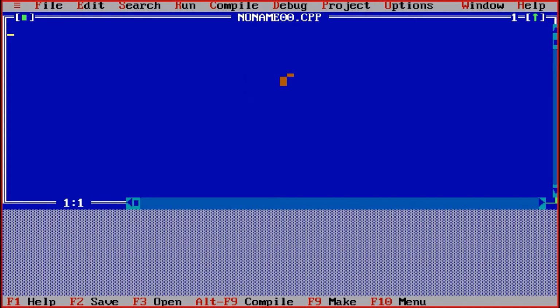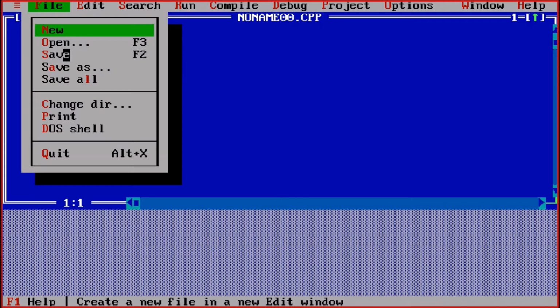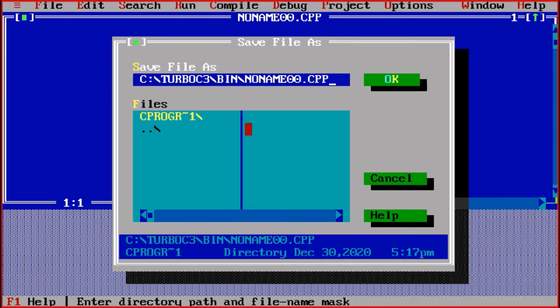There is a new window where we can write the new program, that is noname.cpp. CPP means C++. So by default your extension will be C++, but you will go to the file menu and you will save this program, or you can say save as, it's your choice, and you will simply write hello.c. So hello is the name of the program and .c is your extension. .c means this is a C programming file, and this is showing the path C drive, turbo C3, then bin, hello.c. So you can find this file in your PC as well.